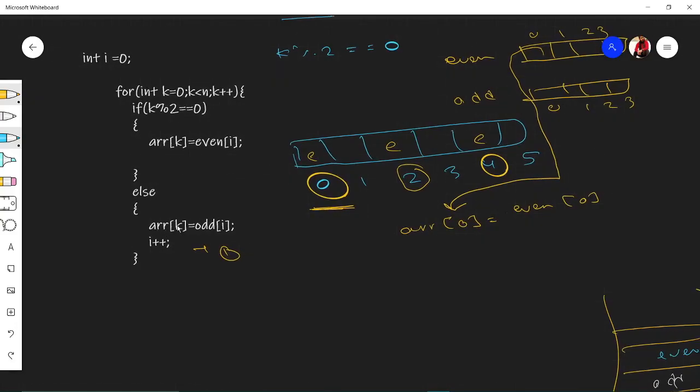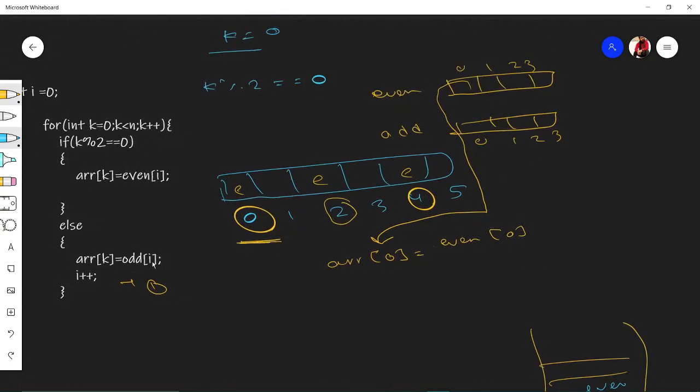A of k. Our k is continuously running because we need to add alternately. k will not stop anywhere. k has added one element, then it will jump onto the first index. So k equals to k plus plus will be here. k equals to 1, array of 1. This will be filled with odd of 0.